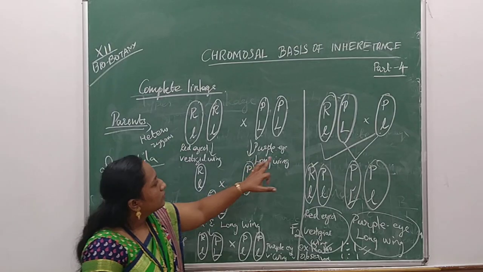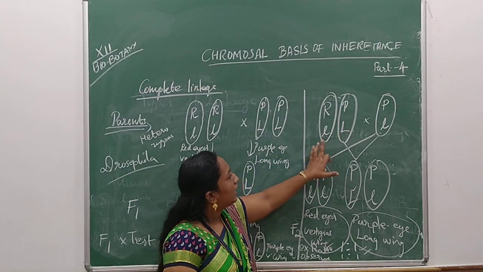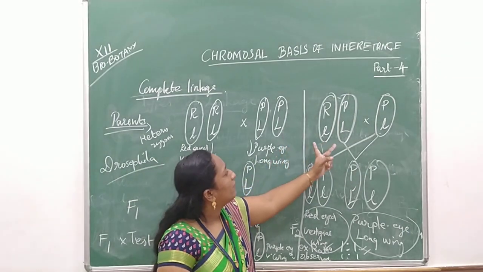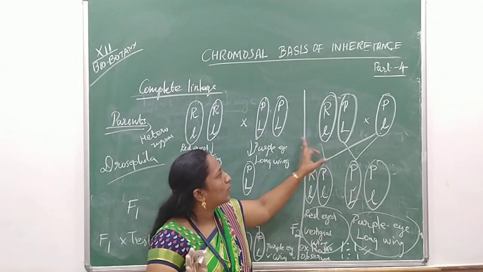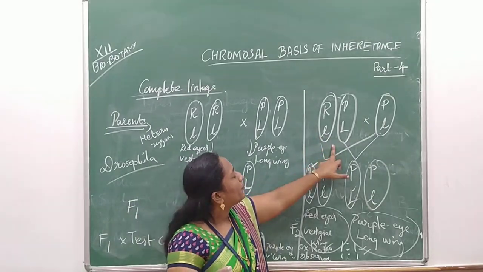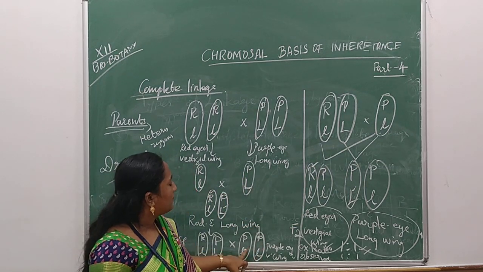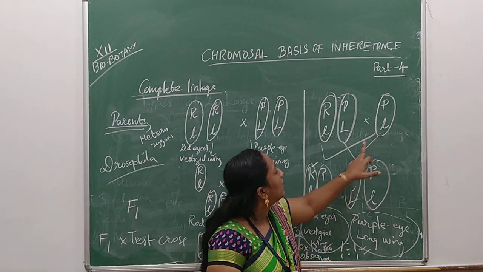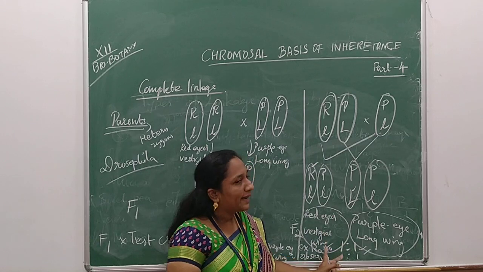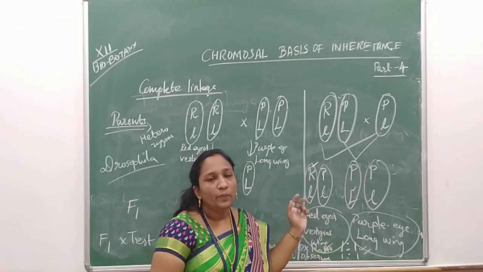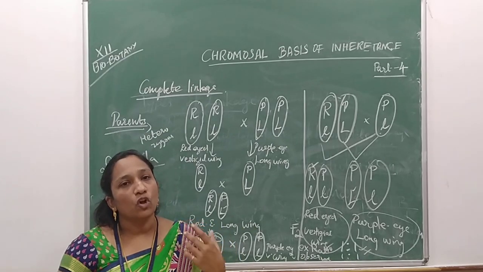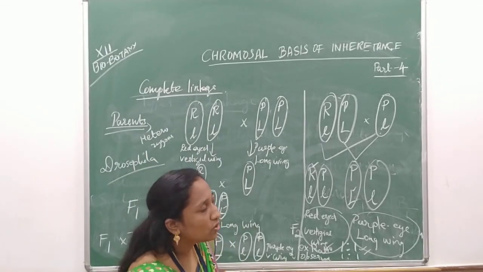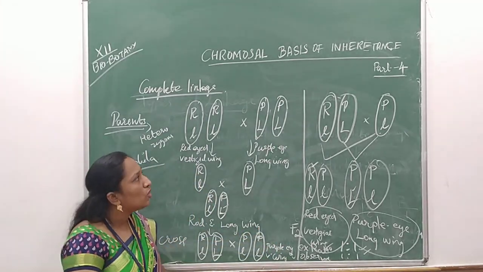Here one more thing: if recombination takes place, we can get four types of gametes. Here no recombination takes place, that's why the same parent is obtained. And instead of writing similar gametes, we write one gamete here. So if we cross, you will again get the parental character, because of no crossing over, due to complete linkage. So the complete linkage result is 1:1.